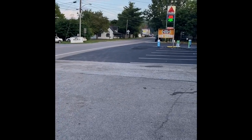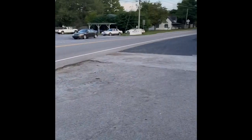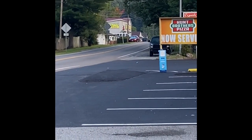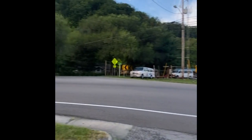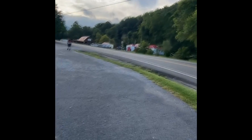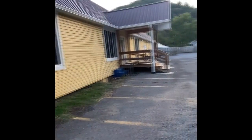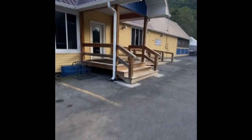Well, it's Monday, the 8th day. This is Damascus, Virginia. And right down there is Crazy Larry's. That's where we stayed for the last 2 nights. So we're leaving Damascus, Virginia. The trail hugs the road here for a little bit. Actually, we didn't eat there because they burned pizza. We had a couple of beers and left. Anyway,